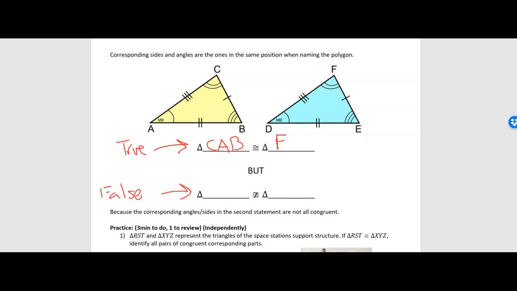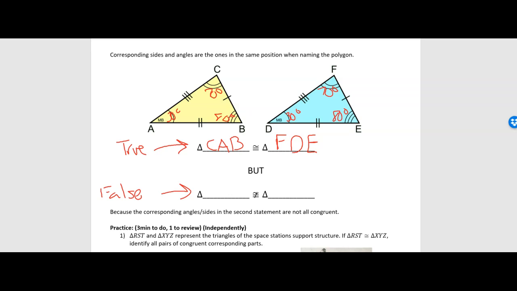Then I move on to A, which means I need to go to D for my blue, because they both have one arc. And then I'm going to need to finish with E, because E and B both have three arcs. So when they give you all the angles, it's very easy to say, okay, the order needs to be this, this, this for one triangle, and this, this, this for the other. You just match up the arcs. Or the angle measurements. You know, if they had given you angle measurements instead of arcs, right, you could just match up the 80 with the 80, the 70 with the 70, and the 30